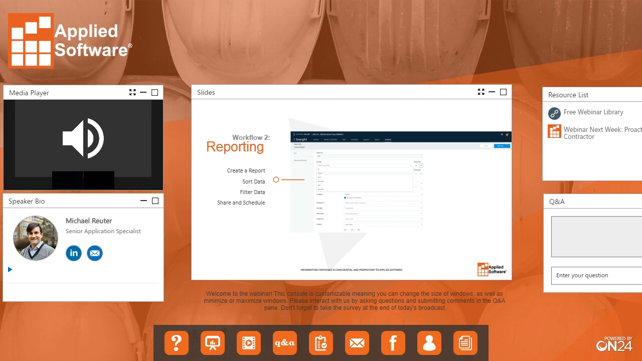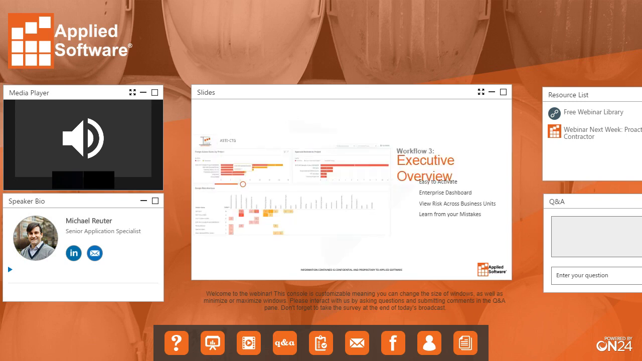And then finally, we're going to look at executive overview. Even though it's kind of a hidden thing, it's very easy to activate. We're going to take a look at the enterprise dashboard. We're going to review risk across business units or whatever, and then hopefully we'll be able to use that to learn from our mistakes. Okay, so now I'm just going to share my screen here,